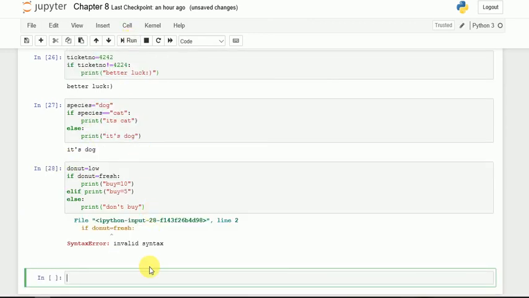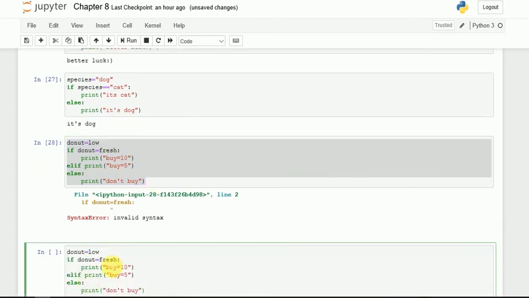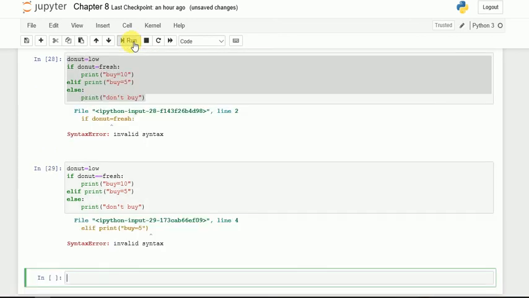It's wrong, because I've made a mistake in donut equals fresh, in that statement. What is that? It needs a double equals, right? So you can see how case sensitive it is. So double equals, and let's run. Again an error. What is that? Buy equals 5.